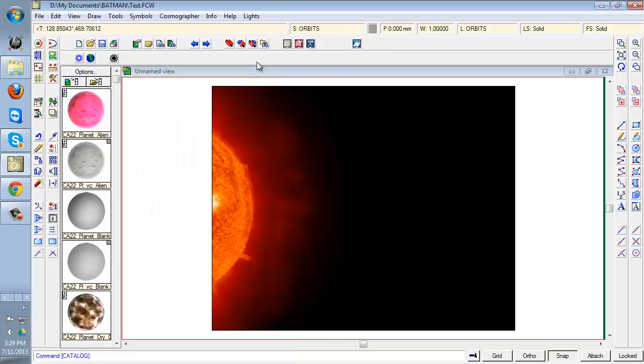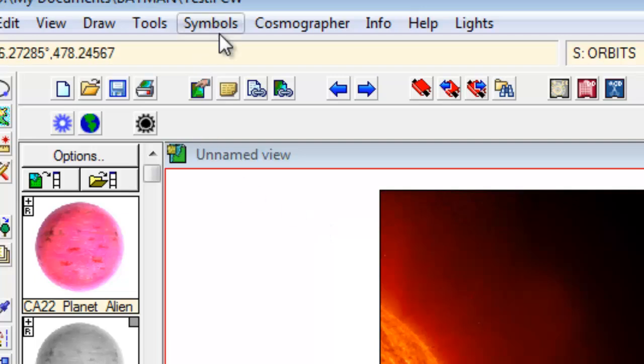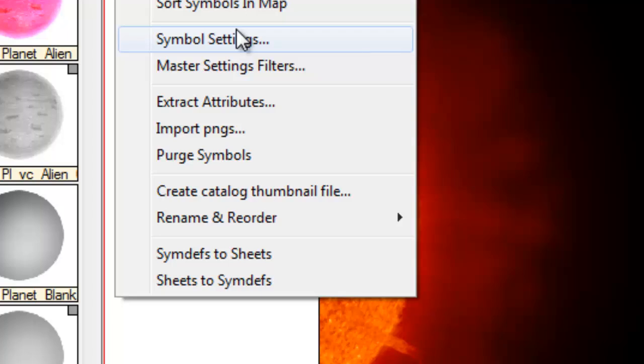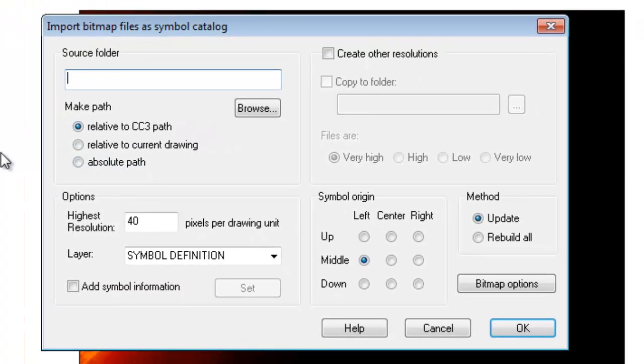The way that you do it is quite simple. You go up to symbols, you click on the symbols here, and then if you look down here you'll see import PNGs. Click that. Campaign Cartographer really only works with PNG files. If you've got JPEGs, you'll need to convert them. I'd strongly recommend it. The reason for that is, of course, PNG files support transparency and variable layer alpha channels. Really, really important. So the first thing that'll do is bring up this wonderful dialog box, one of my favorites,